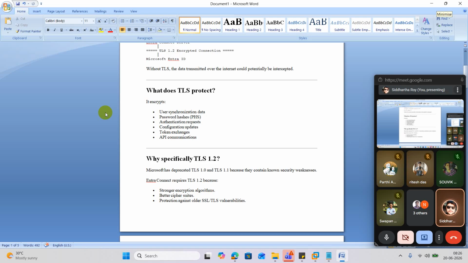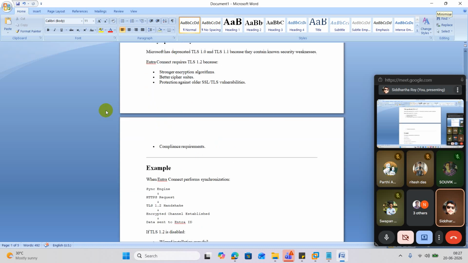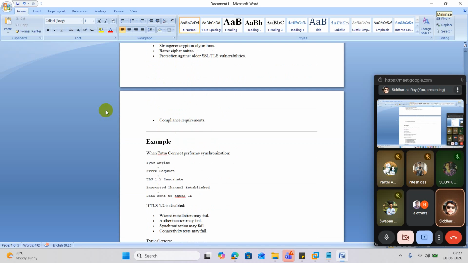I'm telling you, Entra Connect is totally relying on ADCS. During our ADCS, we learned about the SSL part, hashing part, cipher part, that is related. Stronger encryption algorithm, better cipher suites, protecting against older SSL and TLS vulnerabilities, and compliance requirement. For example, when Entra Connect performs synchronization, the sync engine makes an HTTPS request, TLS 1.2 handshake, encrypted channel established,